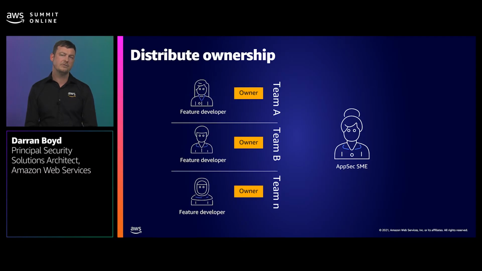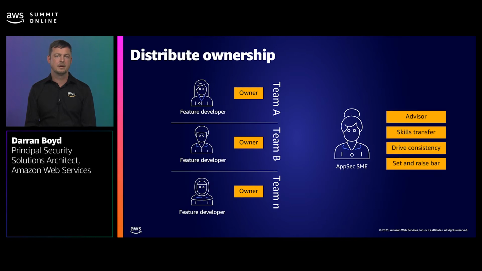Instead, what we see work is that you have multiple streams of change across multiple teams within your organization, is that by putting the ownership of threat modeling with the developer allows you to scale that function and puts the ownership with those that are actually delivering the outcome. This frees up the AppSec SME to become an advisor, perform skills transfer, and really drive for that consistency that we spoke around earlier, around the methodology, the format, and the degree of decomposition. They are setting and raising the bar for security across the organization, together with your development teams are becoming your scaling mechanism.